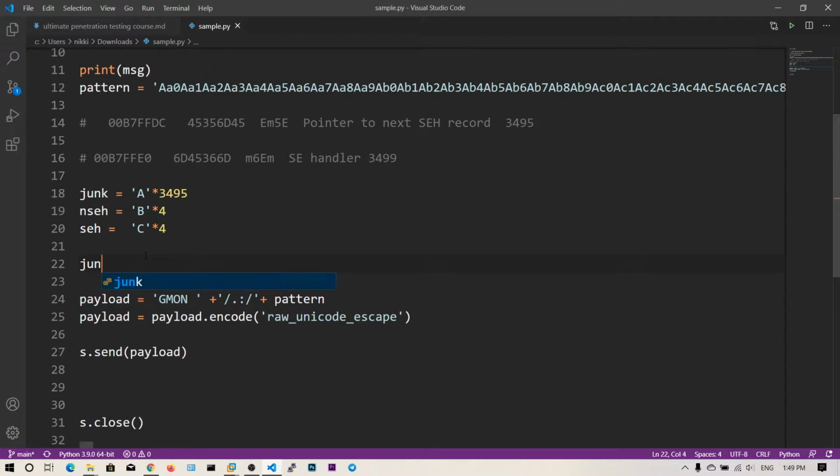Let's say junk2 is equal to capital D times 5000 minus the length of these three combined, just as in the previous Stack Overflow video. Now we are going to send all of this combined instead of the pattern. These junk bytes will fill up to the NSEH, and then we fill in the NSEH and SEH.